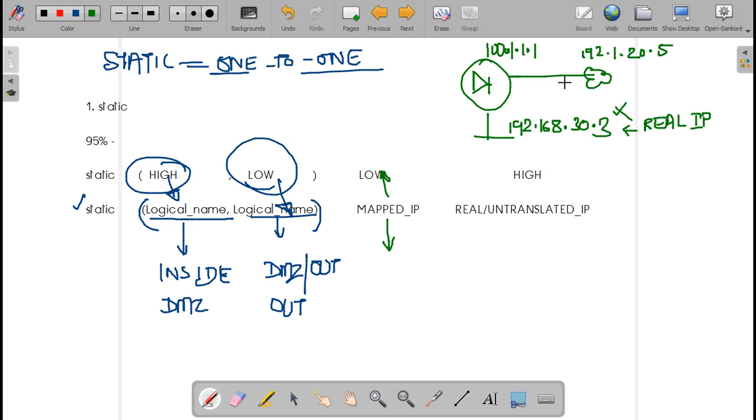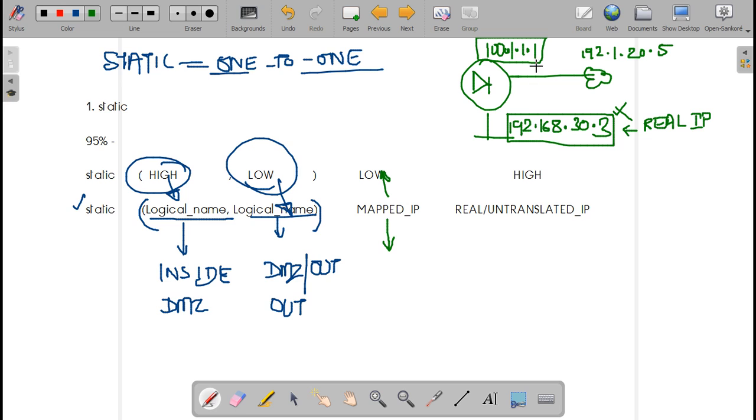So suppose you do static translation, wherein your static IP becomes 100.1.1.1. So for internet, 192.168.30.3 is nothing but 100.1.1.1. Translating single IP. Isn't it? For internet, 192.168.30.3, which is a private IP, is 100.1.1.1, which is a public IP. It will be more costly. So who is using it? Servers, this is how it is done. Okay, so it will be like this.